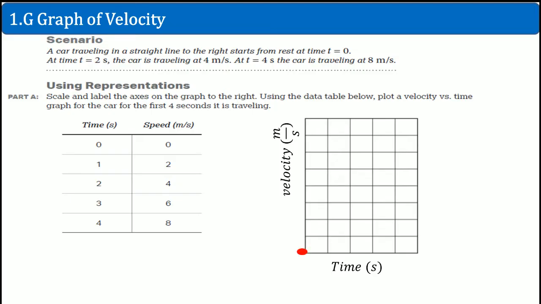Our first point was at 0, 0. Our second one was at 1, 2. The next ones are at 2, 4, 3, 6, and 4, 8. If you would like to see the values, let me label it for you here. This is at 0, 0. This is at 1, 2. This is at 3, 2, 3,